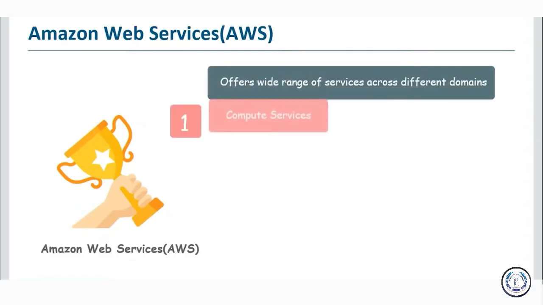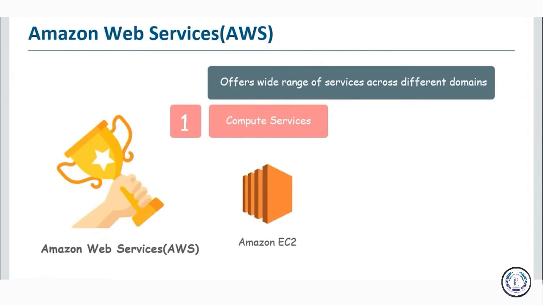One of its most popular and flagship services includes compute services. Under compute services, we have Amazon EC2. It's a primary and flexible service that provides you reasonable cloud compute capacity in the form of simple EC2 instances. And then we have AWS Lambda. It's a core serverless computing service. Using AWS Lambda, you can easily build and run applications and services without even bothering about underlying infrastructure like network